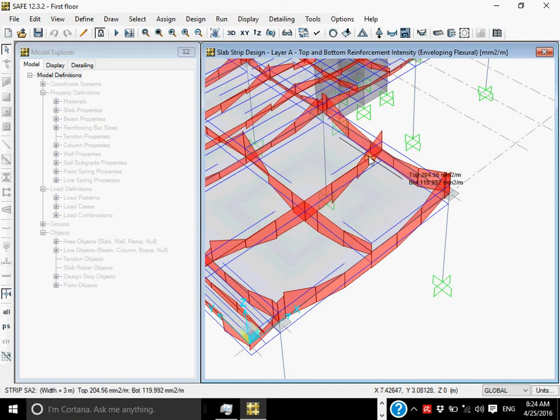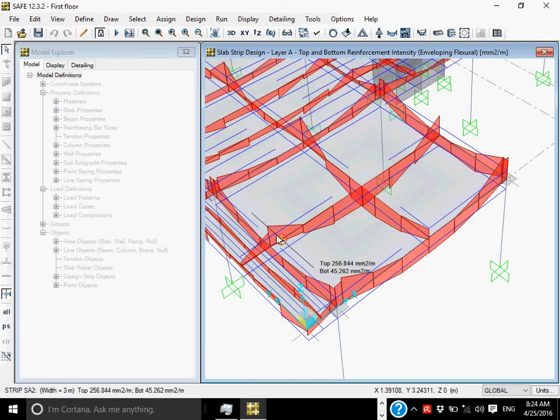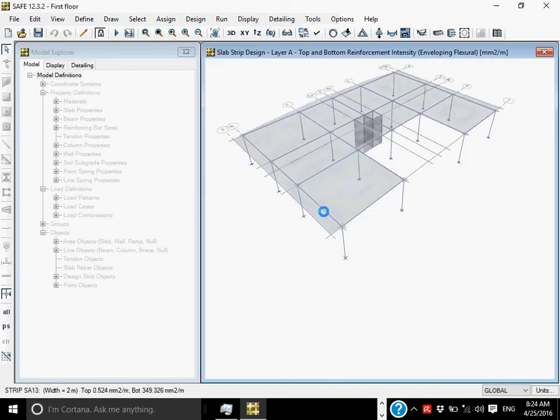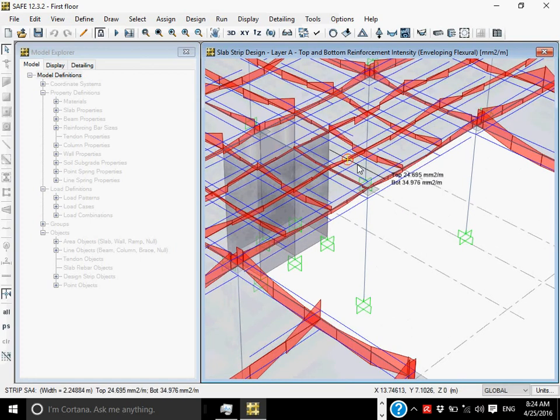And as you go towards the beam, you have the negative. It must be there. Top steel here you can see. Negative means the bending moment is negative. Top steel is here now. Required top steel here is 267 millimeter square per meter. How easy it is. See? And now see, the panel is small, so reinforcement is also very small. But